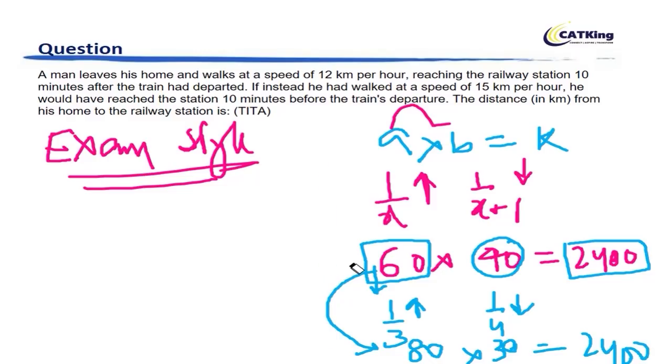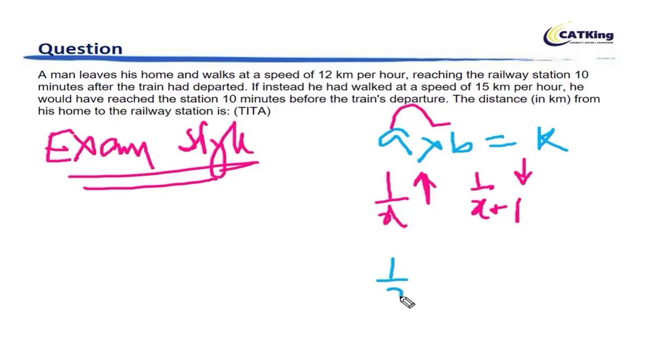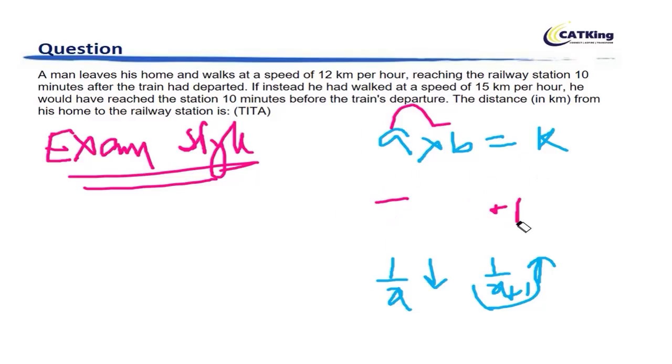This is the inverse proportionality concept when product of two variables is a constant, right? Similarly, when 1 by x reduction in one variable leads to 1 by x plus 1 increase in the second variable. Okay, I hope you have followed this. Try using this in a lot of concepts, questions like this, and trust me, this is the fastest way in which you can solve a question like this. Let us see how.